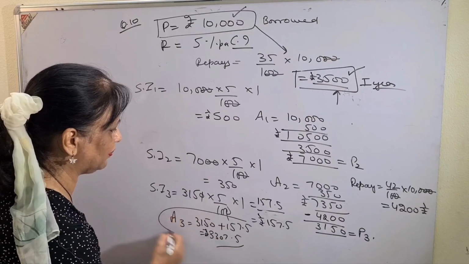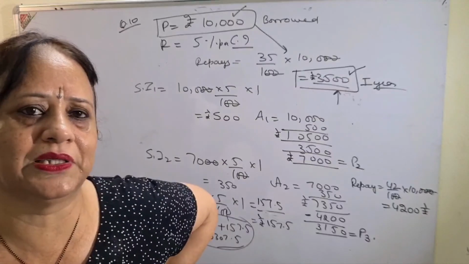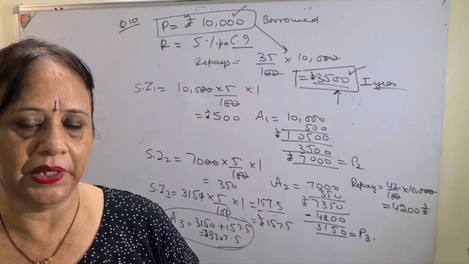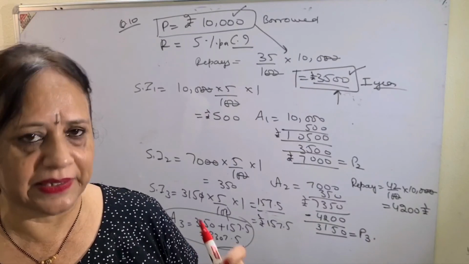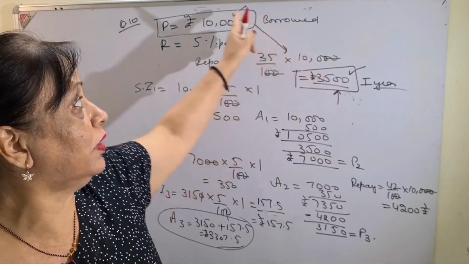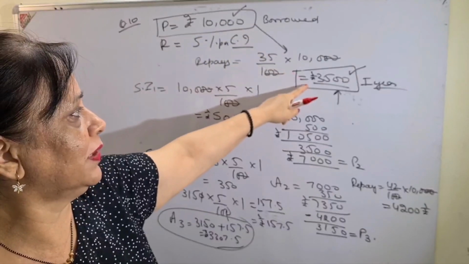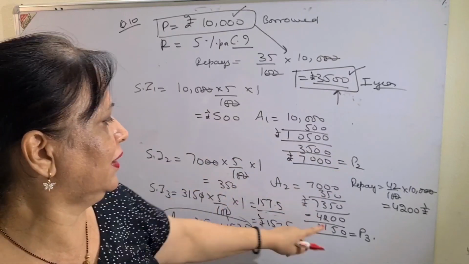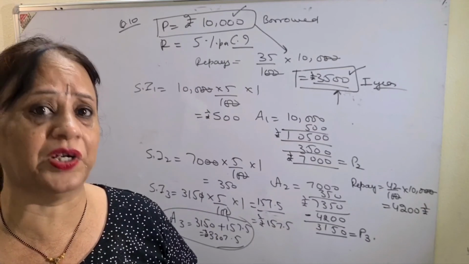The main purpose was to make you understand the concept, that repays means after every year he is repaying some amount of the money so that his interest becomes little low. So after first year he repaid 3500, but of the sum borrowed. Don't take amount. Sum borrowed means principal. Similarly, after subtracting 3500, I got A2, P2. Then again after subtracting 4200, because in the end of the second year he repaid 42% of the sum borrowed.